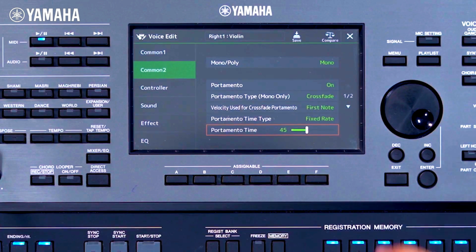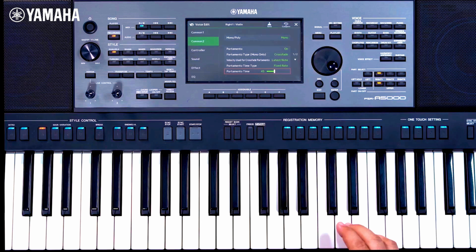For the second choice, latest note, the behavior is the opposite. The velocity of the second note will not be affected by the first one. If we play a first note hardly and the next note softer, the keyboard will consider the velocity of the second note and the volume will be soft. For example,